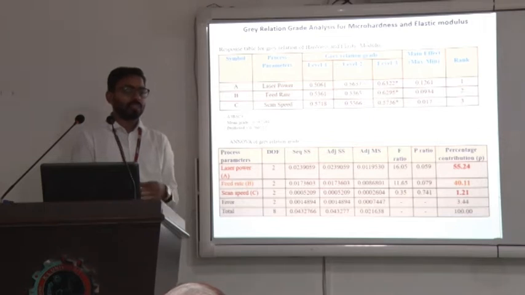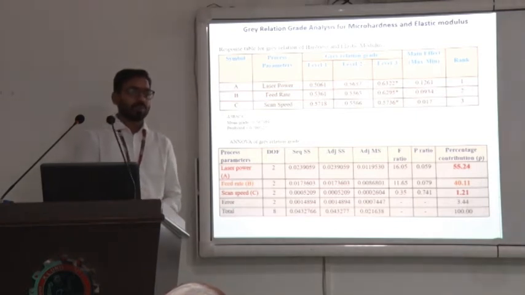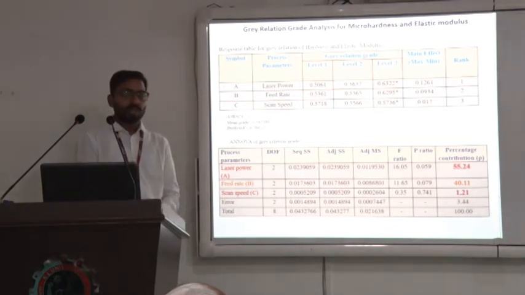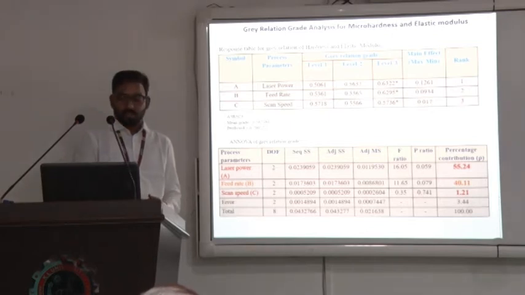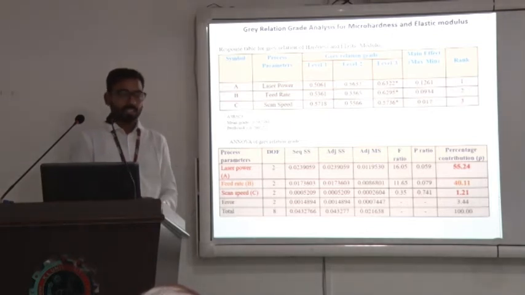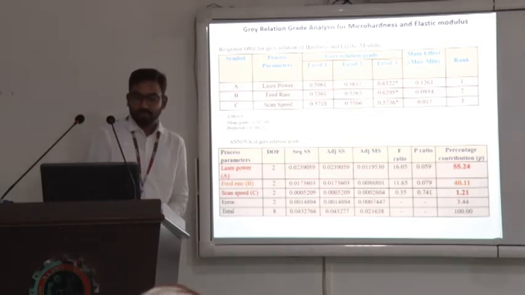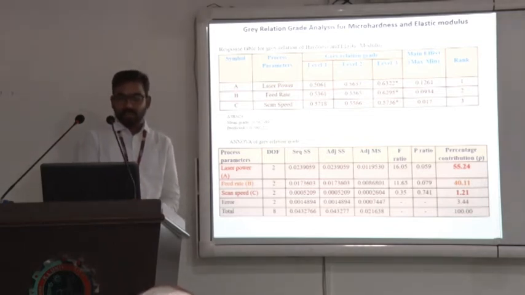Which process parameters influence hardness and elastic modulus more? Further, ANOVA analysis is carried out using Minitab software, and adjusted sum of squares, sequential sum of squares, F ratio, and P ratio are generated from the ANOVA analysis. From there, it is calculated manually which process parameter influences more, and by what percentage, for hardness and elastic modulus. For both elastic modulus and hardness, laser power influences 55%, feed rate influences